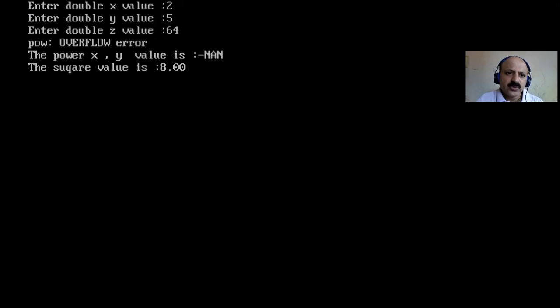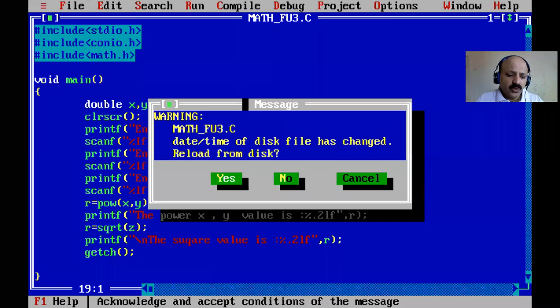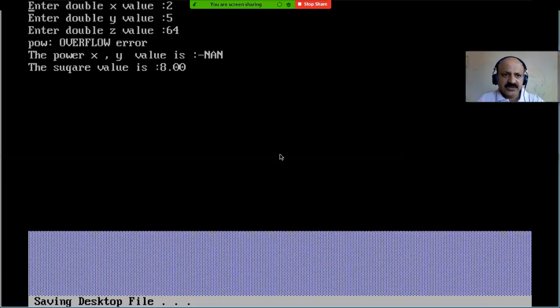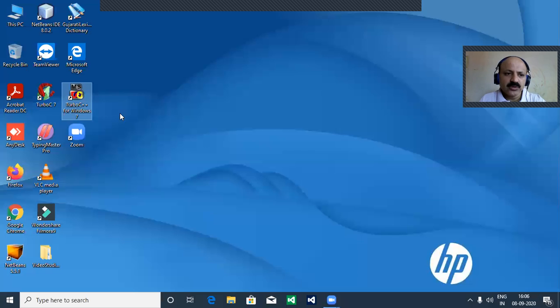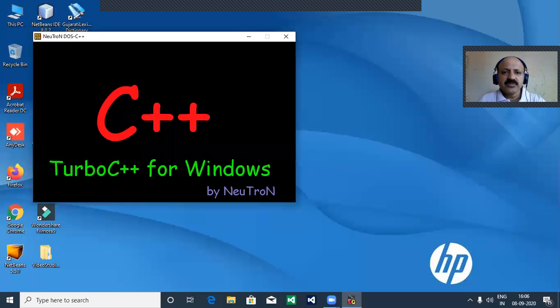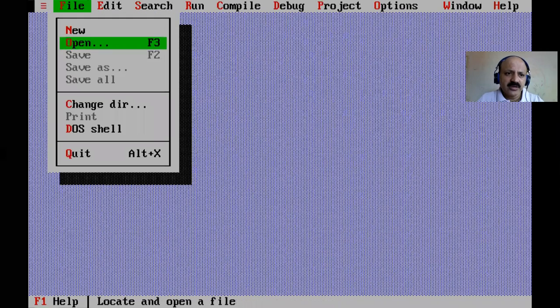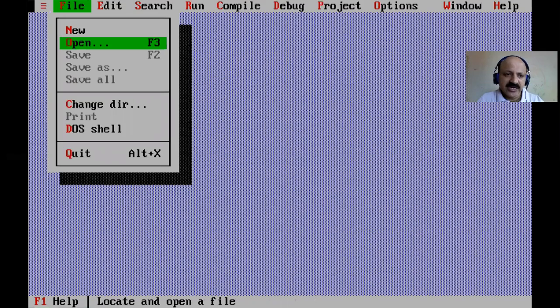So 8 is perfect, but the power function is disturbed. So what to do? I just close this file. Sometimes that happens in that editor. So I quit and reopen. That is the only solution, because sometimes the power function does not work due to the overflow value. You can also use the flush function, but here we can first check this technique. So that is the only way.